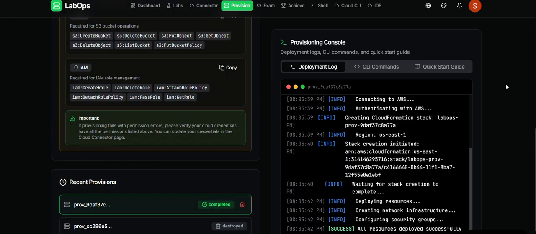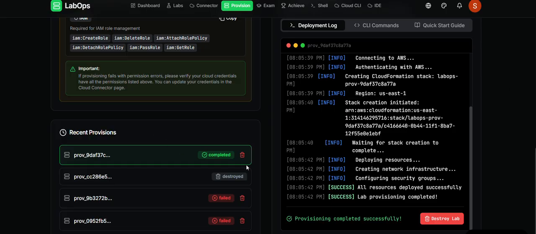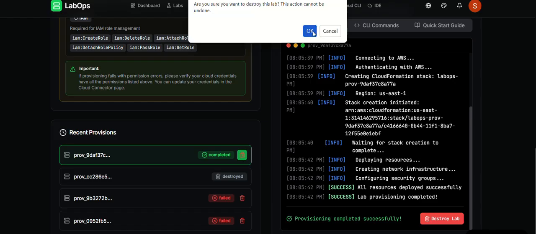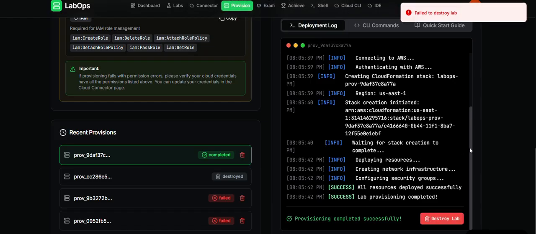Now one more feature we gave here: once your testing is done, you can directly destroy it from here. So you don't need to worry about whether the multiple web services created by CloudFormation are destroyed or not. You just use this button here, which will destroy the whole lab. We already tested and verified it, so I will just destroy this lab, and it will clean up all the logs and everything